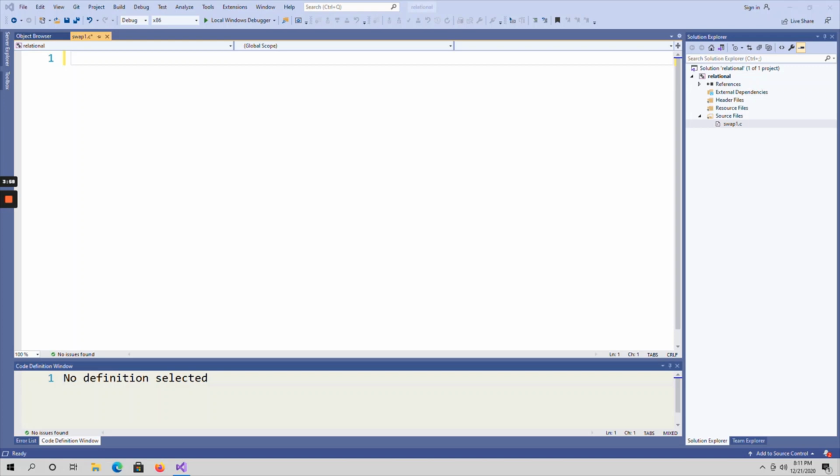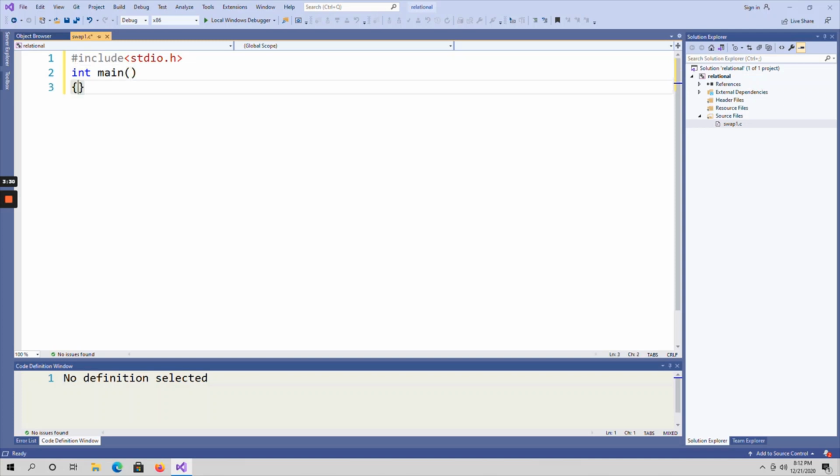First of all, I am starting the execution of swapping of two numbers without using a third variable. So, see here, first of all, #include stdio.h, next int main.